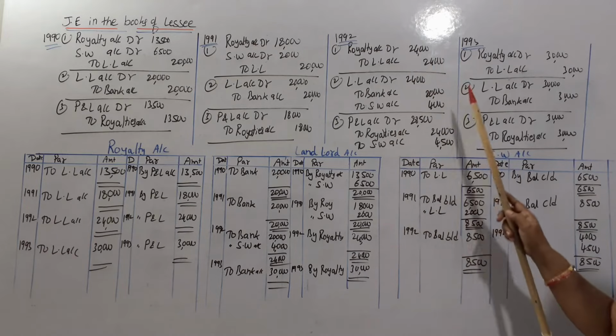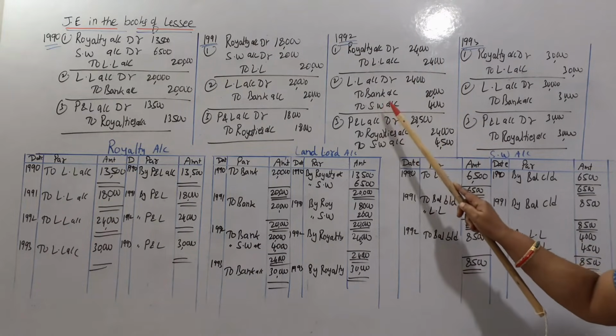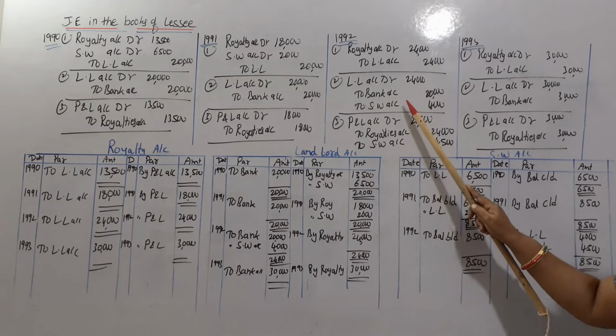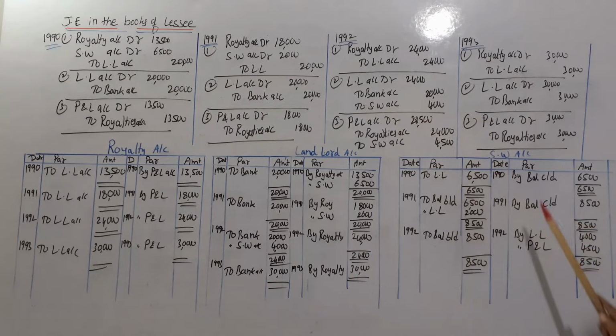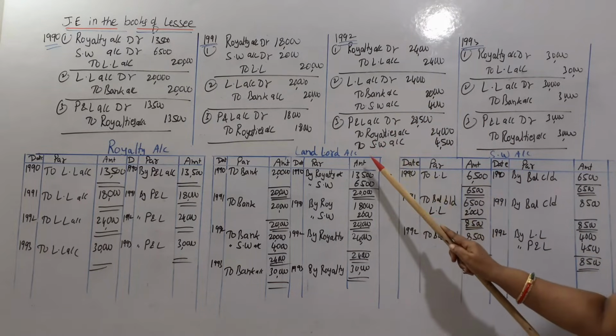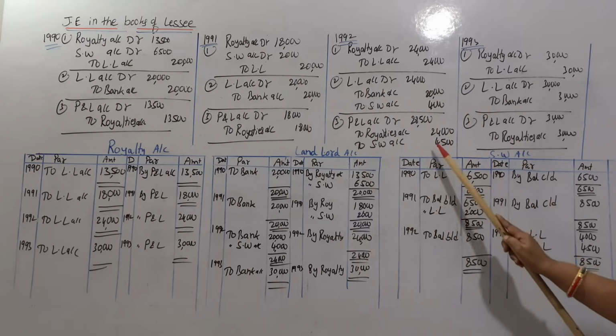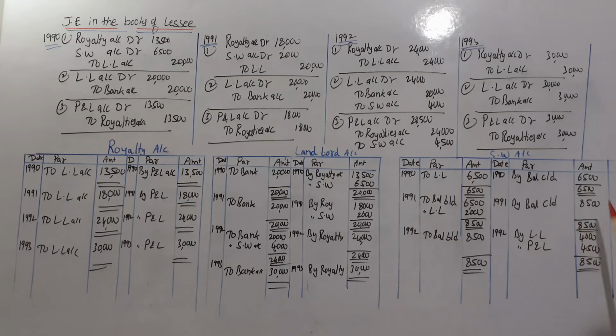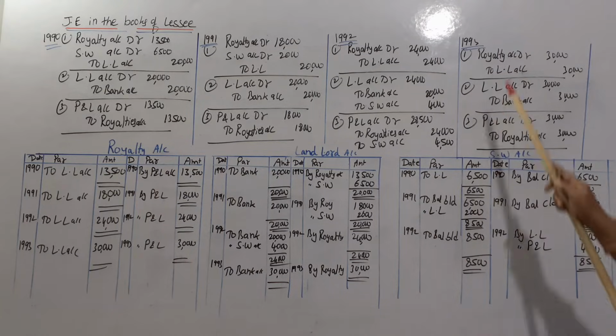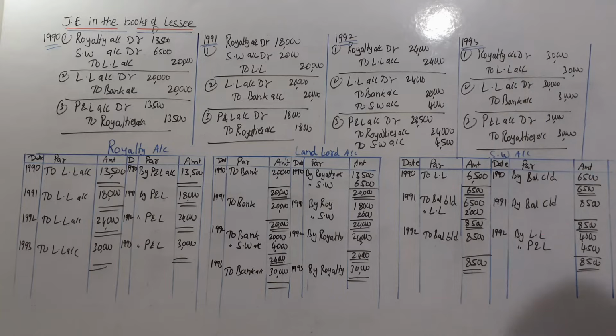Third year, where is the short workings? It is in the second entry. Second entry credit side. Credit side means here we will write by landlord amount of 4,000 only. Once again, third entry we have short workings. It is also on the credit side. So on the credit side we are writing opposite one, profit and loss account. How much? This one, 4,500. So total it comes to both sides equal. Short workings account is over in 3 years only, because in the fourth year there is no short workings,